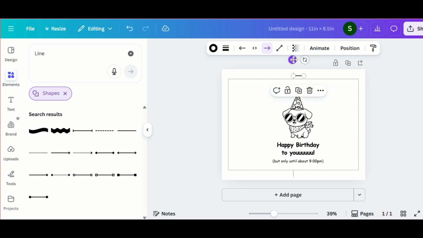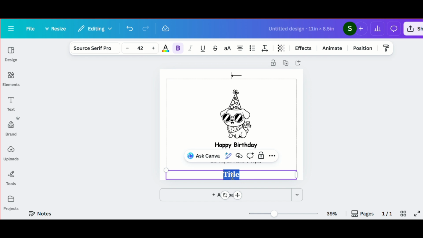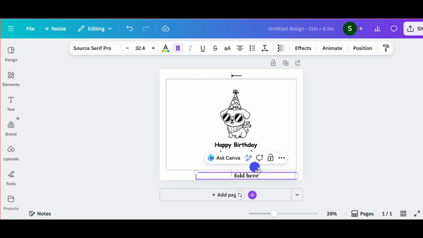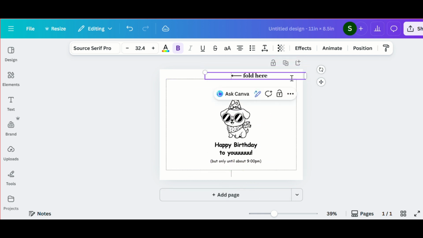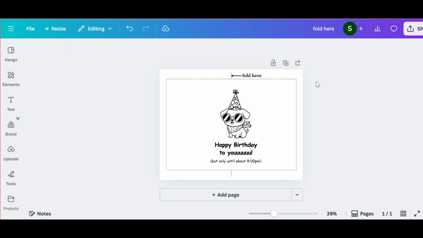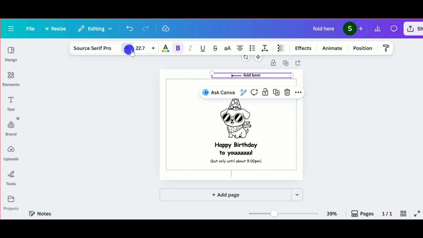Let's go to the text and I'm just going to type fold here so they know that the dash line is for cutting, and then this is exactly where they are going to fold. Alright, so this is what my file looks like after playing around a little bit with the elements and the